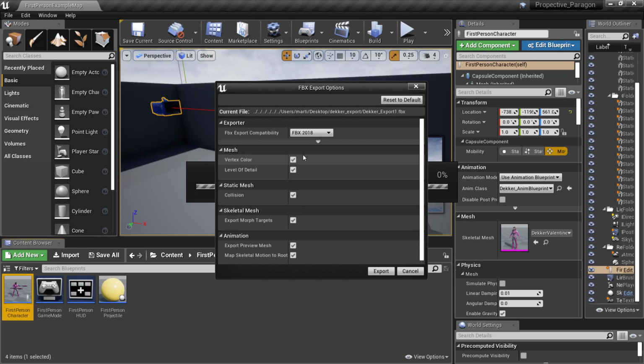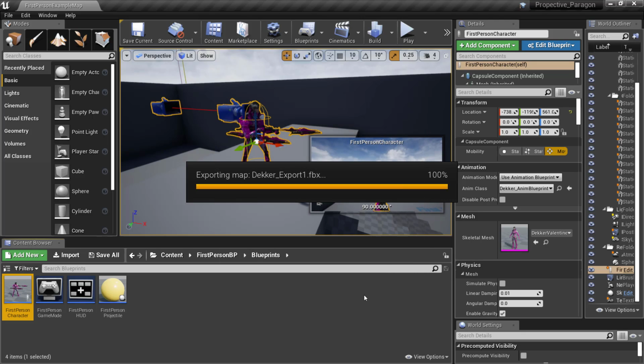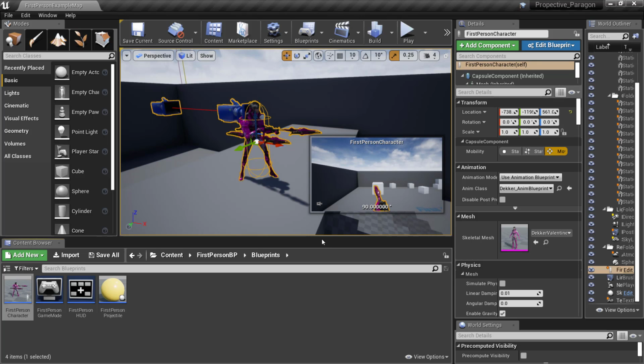Now the other thing that I have done is I've made sure that all these options are checked, and I have saved it in the newest format of FBX. If you're working on an older version of the software, you may need an older version of the FBX to get this to work. Otherwise, make sure that you do import the skeletal mesh, and just make sure all of these are checked. So we're going to go ahead and hit export. It's going to go ahead and export our file. I've already seen the finish come up,